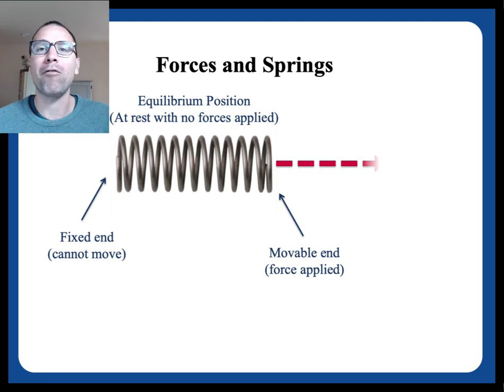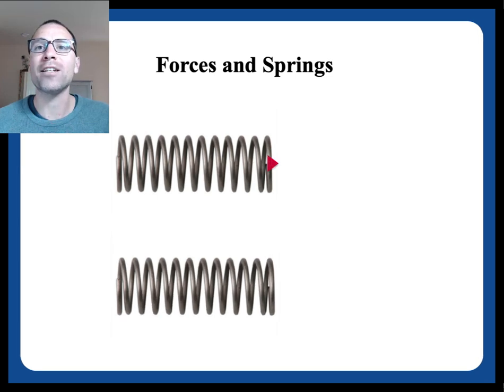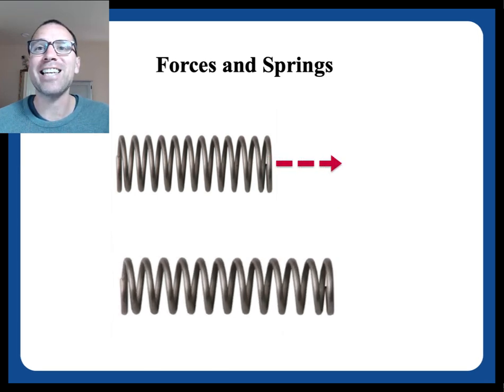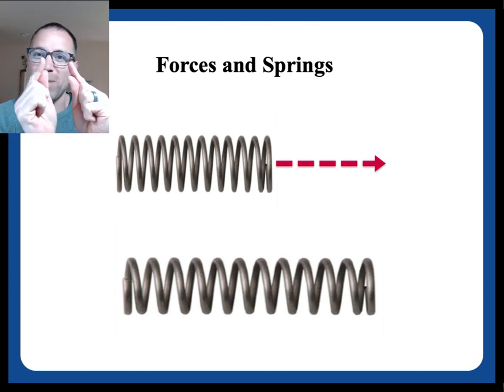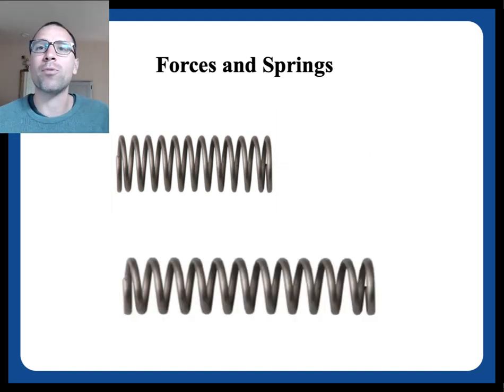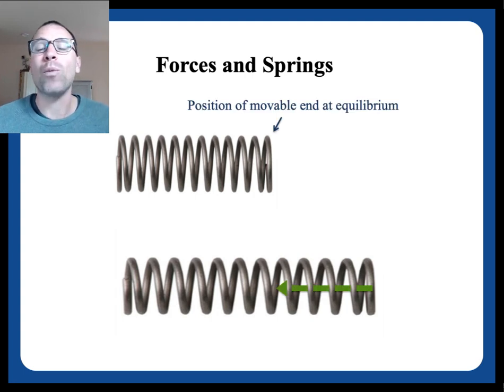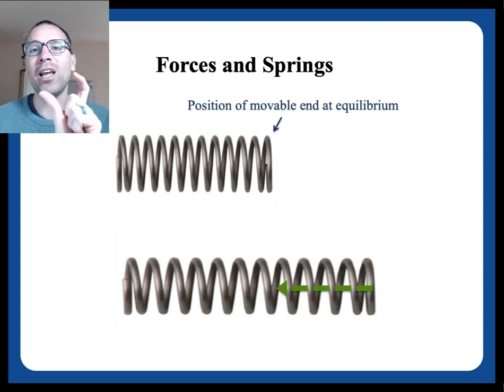From there, we apply a force. So we apply a force on the movable end. And as we apply that force, what ends up happening is the spring extends. In other words, as we change the potential on one end, you could think about this as changing the location of that end, there becomes a force stored within that spring. What ends up happening is that force pulls back in the other direction, and we can actually measure the difference in change as a proxy measurement, as a way to get some intuition about the amount of force stored. That's called Hooke's law.